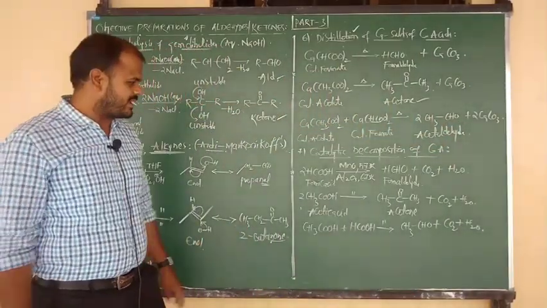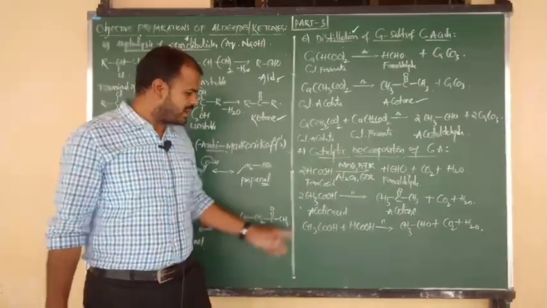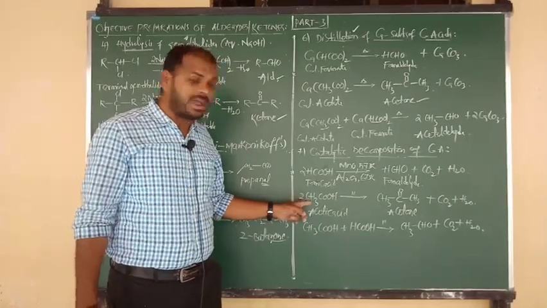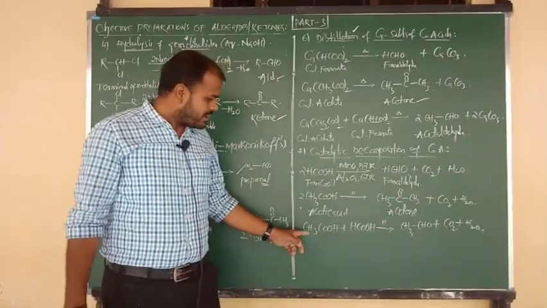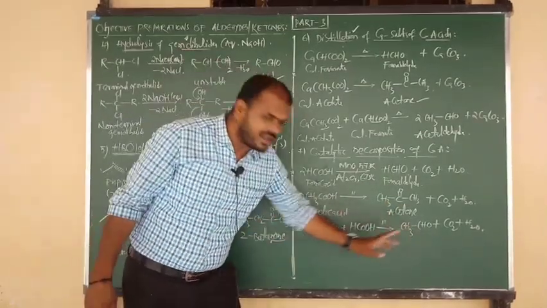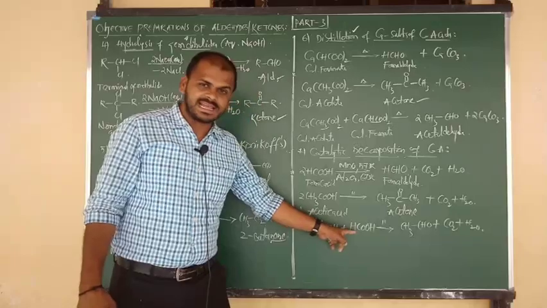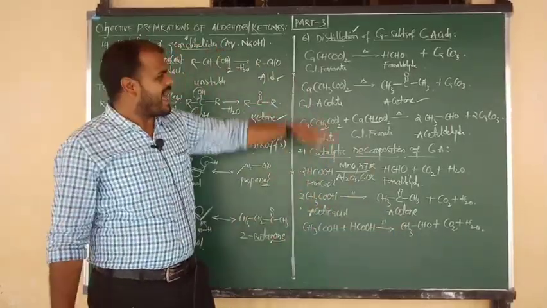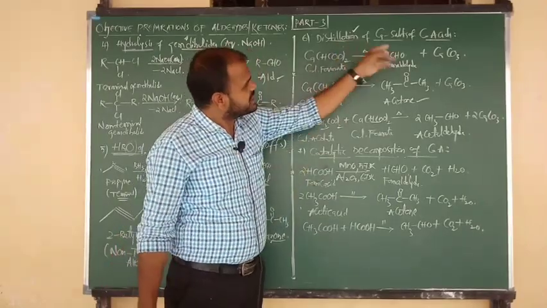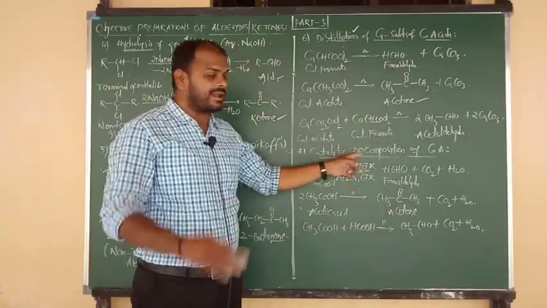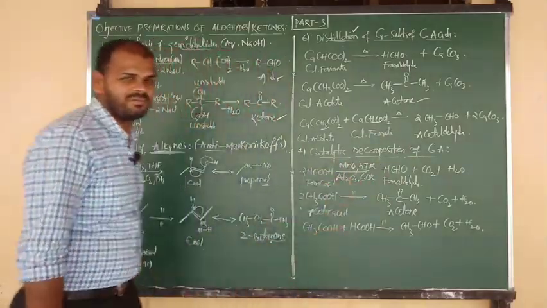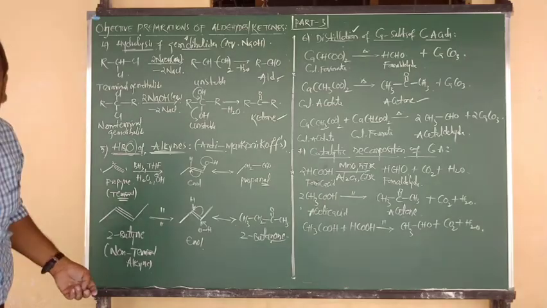Understood? Once again, formic acid gives formaldehyde, acetic acid gives acetone, and in place of CH3 if I write benzene, that gives benzophenone. Here CH3 with formic acid gives acetaldehyde, here benzene gives benzaldehyde, here benzene and here CH3, you are going to get acetophenone. Again the same thing, all types of aldehydes and ketones you can prepare by using distillation of calcium salts of carboxylic acids and catalytic decomposition of carboxylic acids. Which catalyst? Manganese oxide and alumina. Understood? Good.